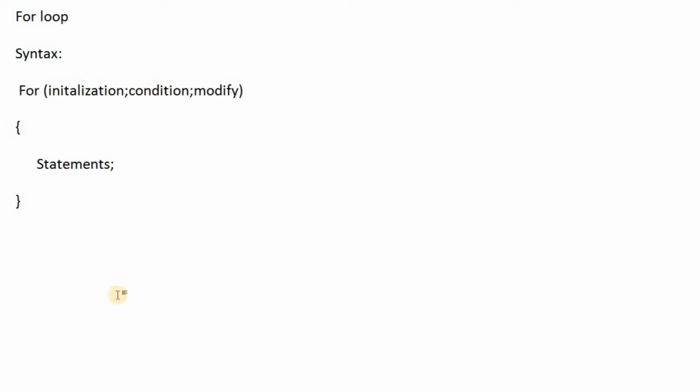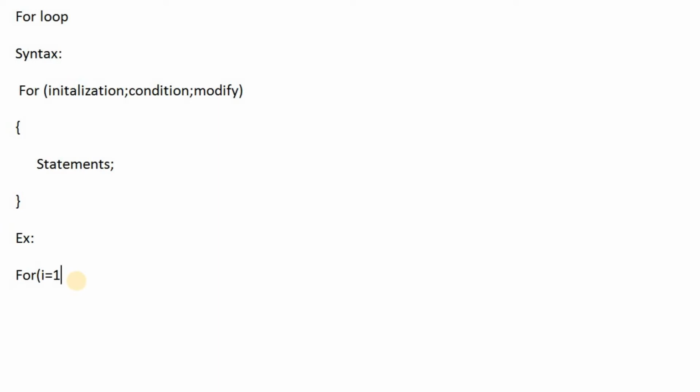So here is one example. Suppose for initialization, i equals 1, for numbers 1 to 10, so the i value starts with 1.